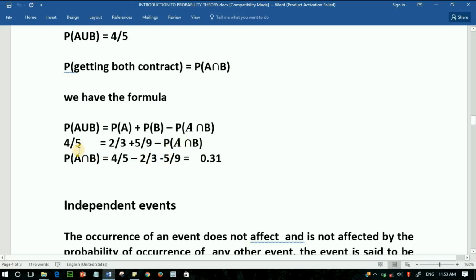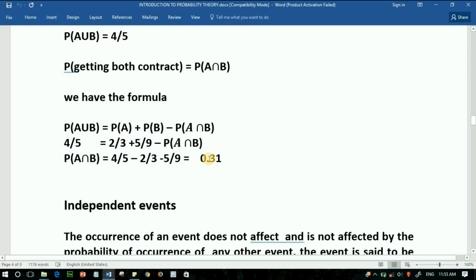Substituting, it comes to the left hand side, we become positive, it comes to the right hand side, it is negative. So what we get is 4 by 5 minus 2 by 3 minus 5 by 9. So the answer is equal to 0.43,